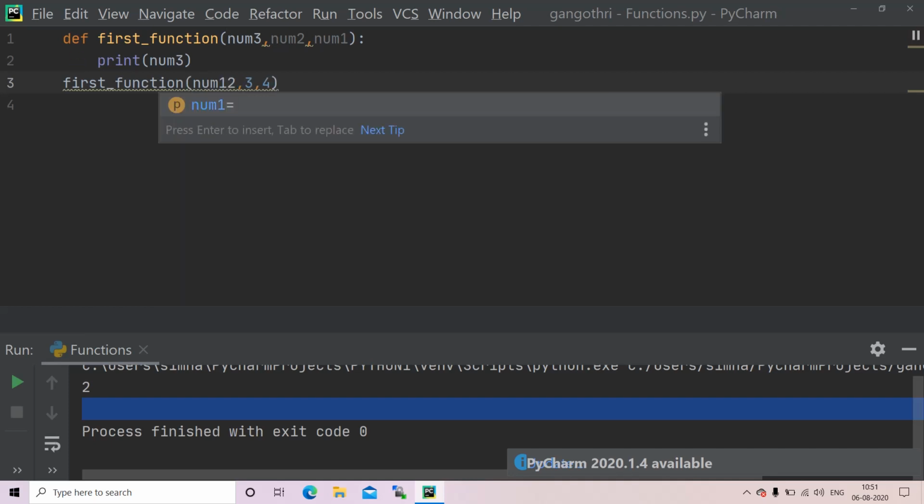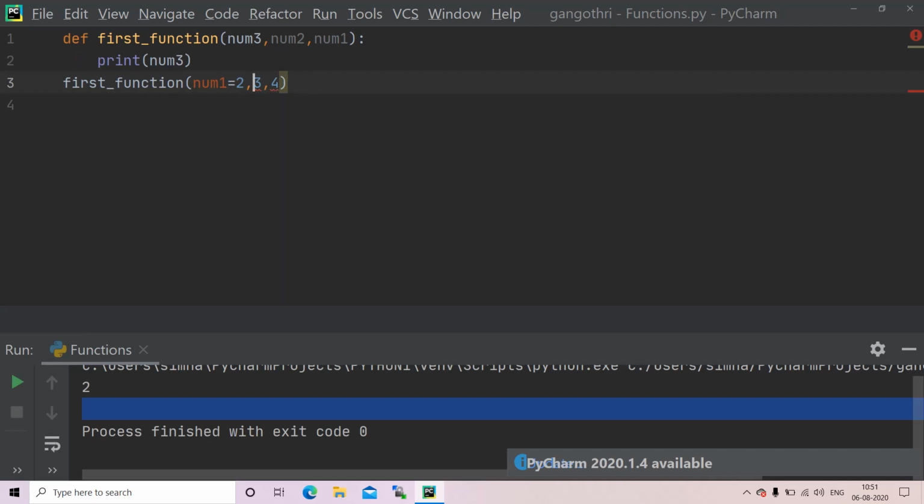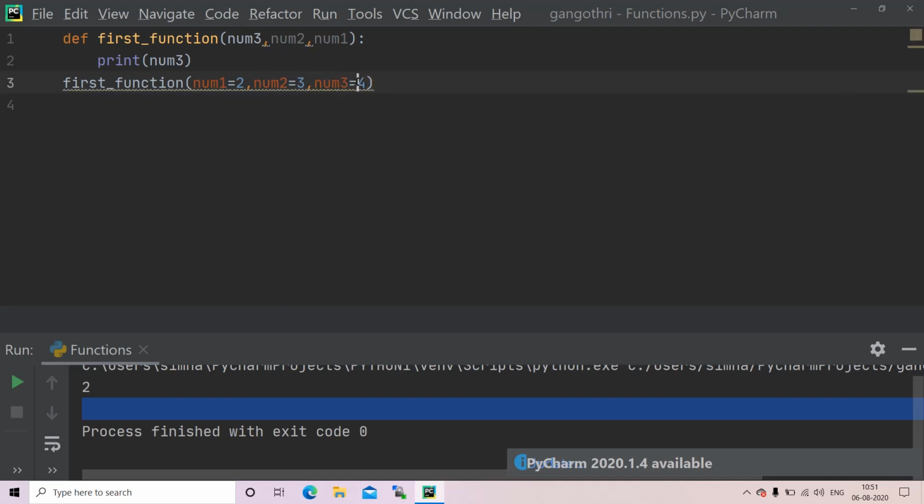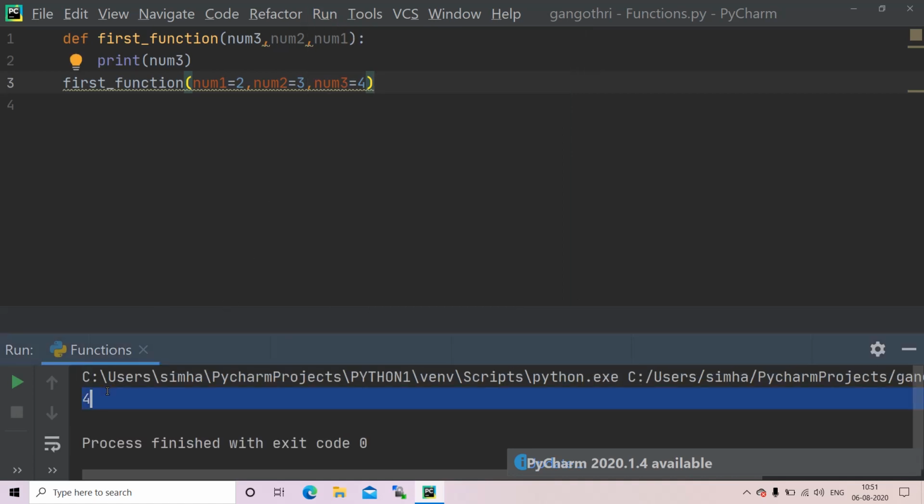So I can pass them by using equals to operator. These type of arguments which are passed using equals to operator are called keyword arguments. Okay, remember that we have discussed about 3 type of arguments up to now. Firstly, the positional or required arguments, and secondly the arbitrary arguments which are passed using the asterisk operator before the argument value, and now we are talking about the keyword arguments. Okay, now I'll run my program. Yeah, this time it has returned me 4, right? So in this way you can use your keyword arguments.